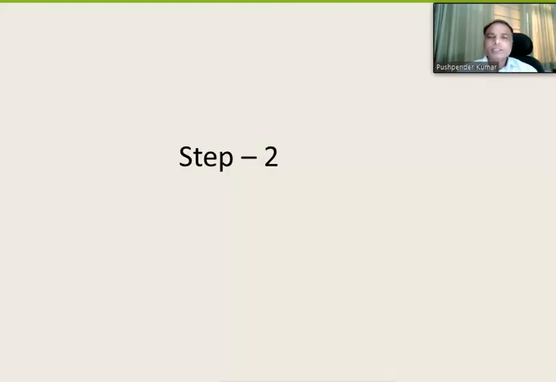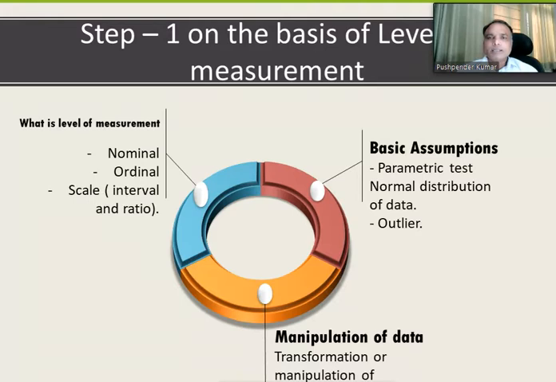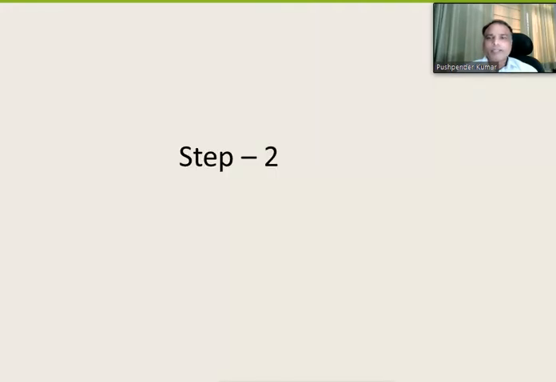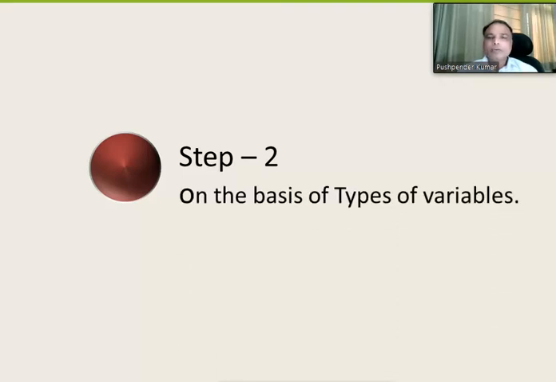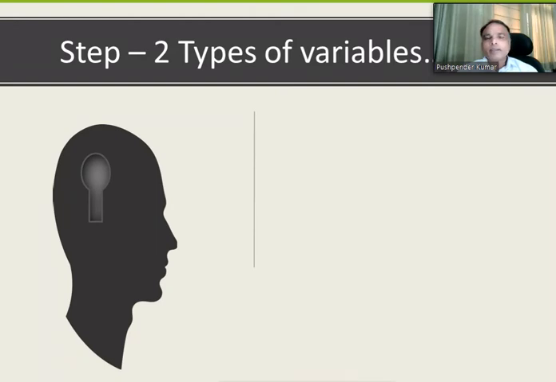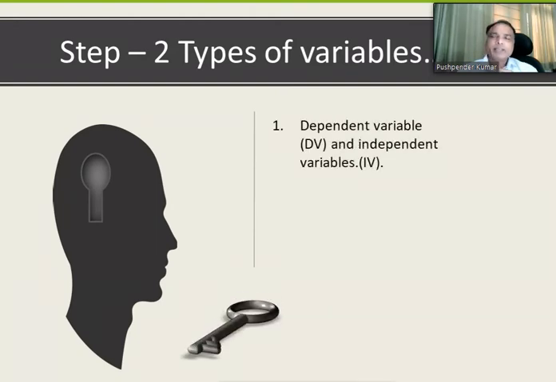Now let us go to step two. After level of measurement, the second criterion we need to understand in detail is on the basis of types of variables. So what types of variables do we have? You are all aware of the first: what is a variable? It's a dependent and independent variable. In a parametric test we do research; first, what we need to do is find out which one is the dependent variable and which one is the independent variable. For example,